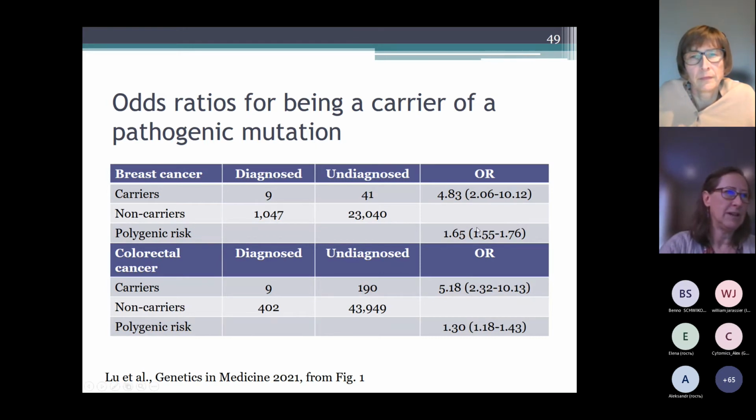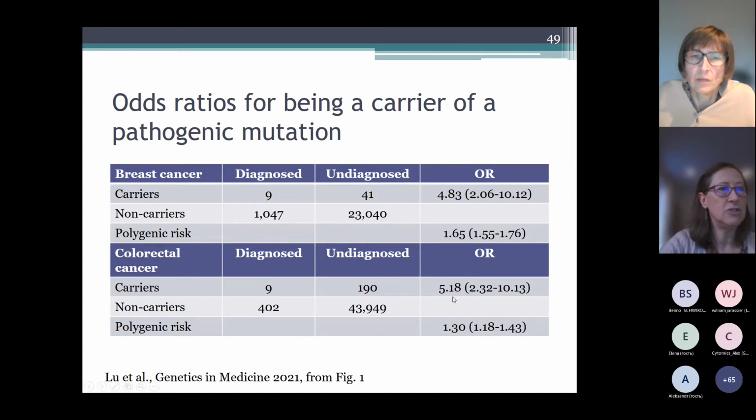I've got my breast cancer risk associated with the polygenic risk score, and in the bottom part of the table, the risk associated with colorectal cancer of the polygenic risk score. And then separately, I'm looking at what's the risk of this disease if they carried a rare pathogenic mutation